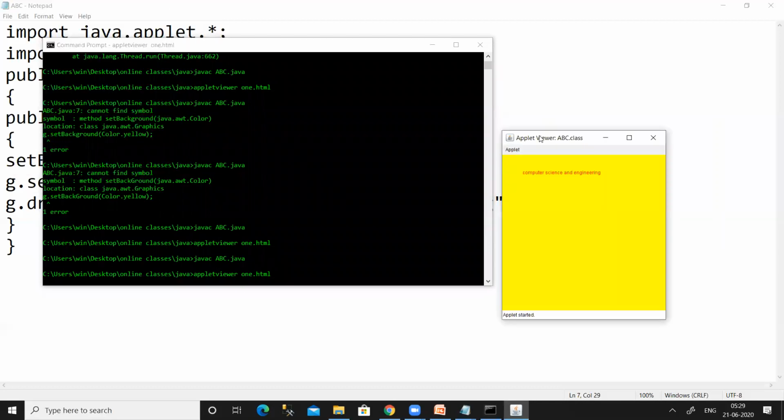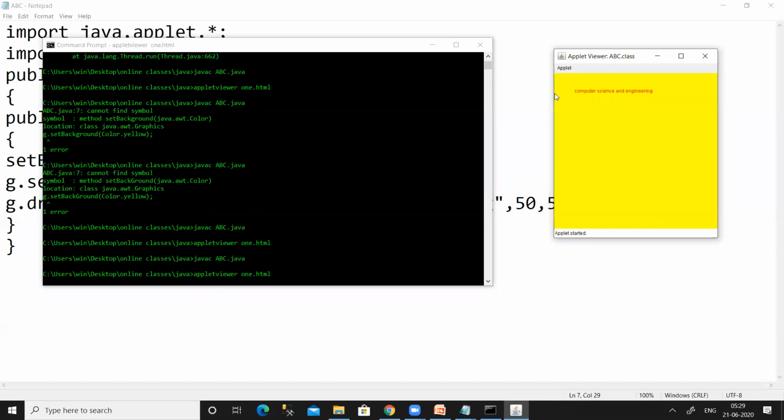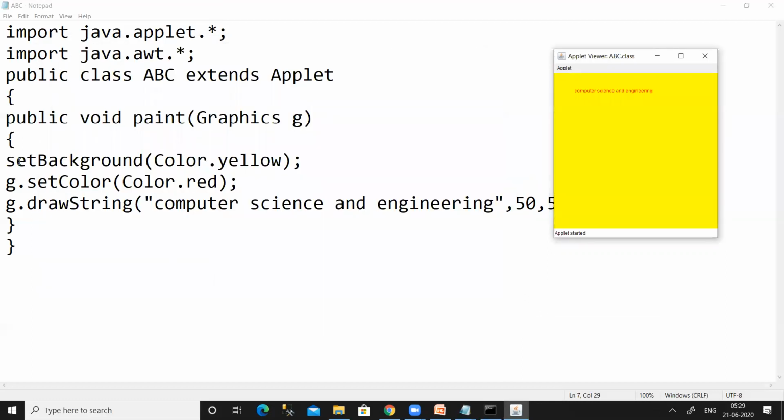You can clearly observe that in the previous output the background color is white, and now the background color has been changed to yellow, and on that background the color of the text is red. Because we have used the setBackground method and passed Color.yellow, the background of this applet has been changed to yellow.